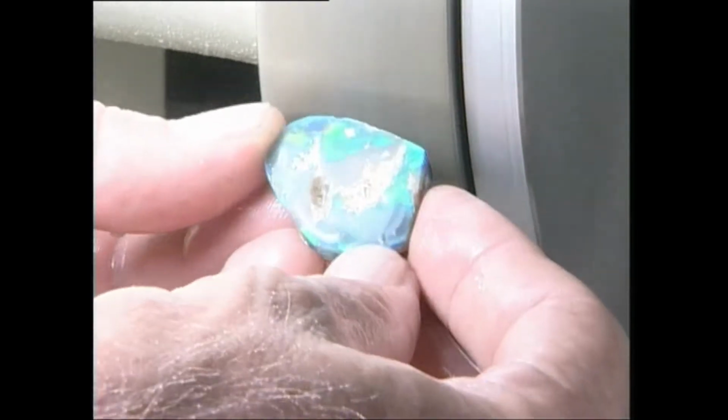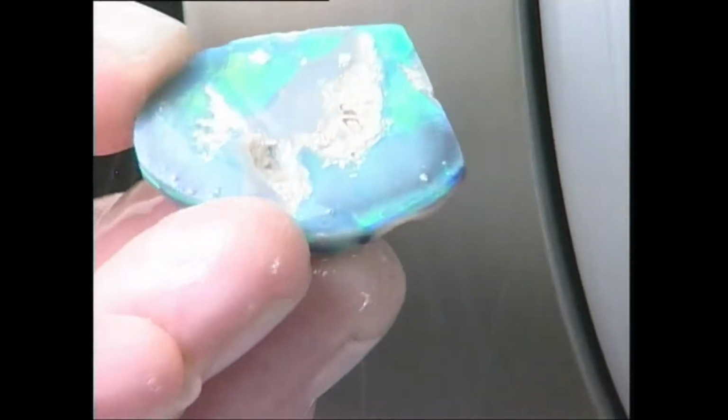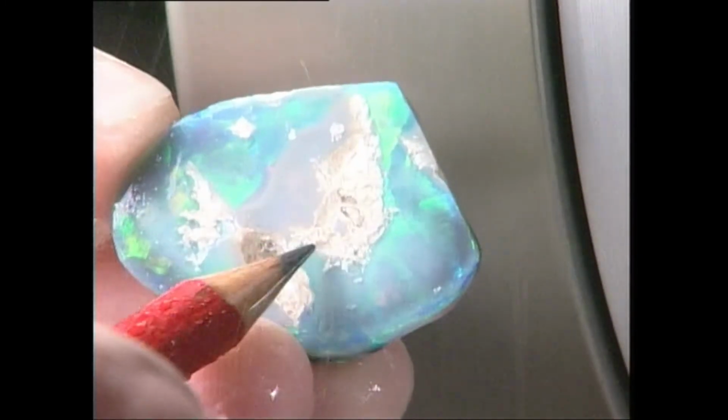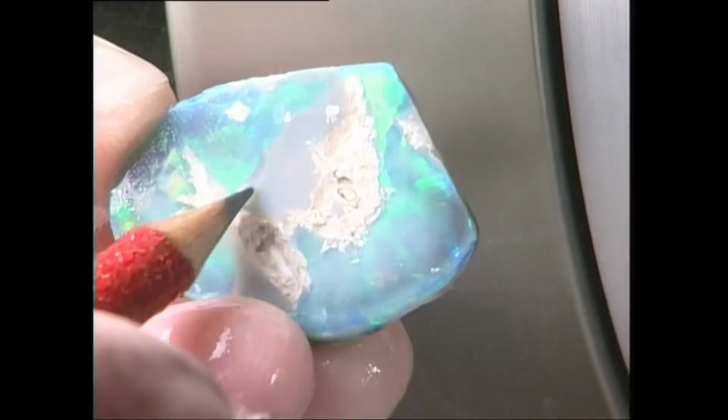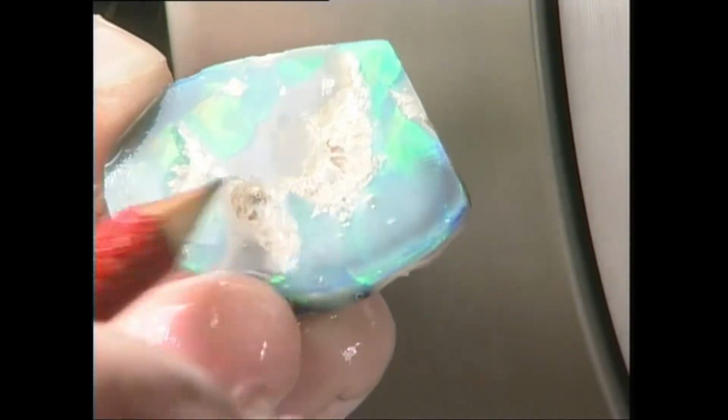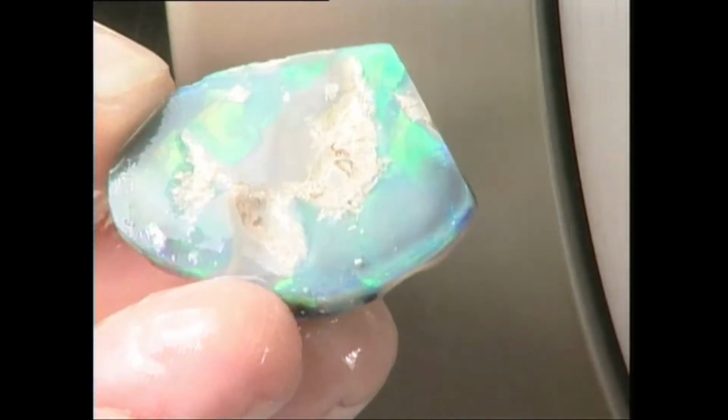Starting to show a bit of colour now. And of course our problems are very evident. The sand here is very heavy. Kernel, well, that's the white potch area. Sand holes here and here. Quite a few problems. We'll take it down further, clean the remnants of that skin off,